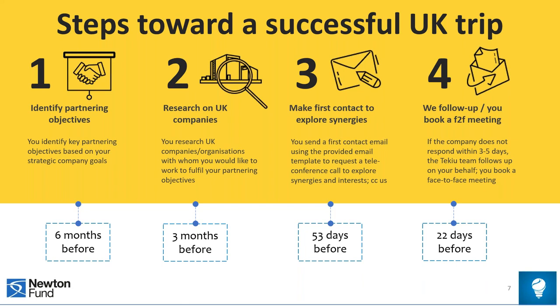There is a process for that, and you need to set up face-to-face meetings during the time that you're on the trip in the UK. So Cindy, hopefully by this time, has explained to you that the trip is set up as a combination of meetings for you to understand the UK ecosystem and meetings for partnering, and the majority of the time is spent partnering. So we will have spaces available for you to meet with your UK companies,